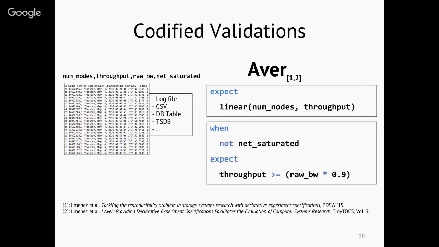And we can also express other types of things, like as long as the network is not saturated, the throughput of my system should be at least 90% of the row bandwidth available to the experiment. And there are many other things that we can express with this, and we don't necessarily need to use our language. We can check a bunch of things using Jupyter, I mean Python or R,